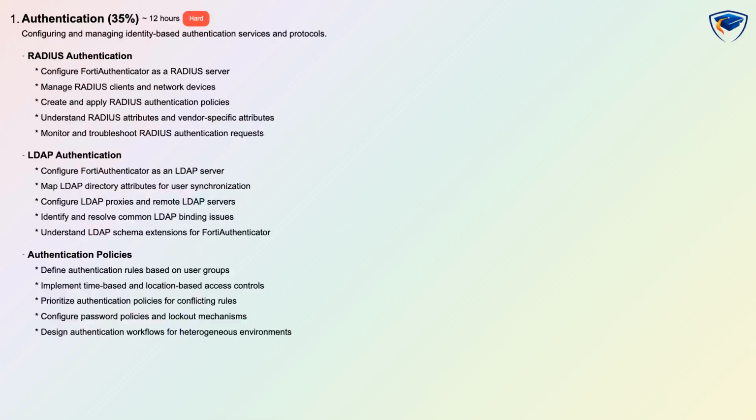and scenario-based assessment. You will learn to configure FortiAuthenticator as a Radius server, manage Radius clients and policies, and understand Radius attributes including vendor-specific attributes. You will also master LDAP setup and mapping for user synchronization, configure LDAP proxies and remote servers, and resolve common binding issues. Finally, you will design and prioritize authentication policies, implement time and location-based controls, and monitor and troubleshoot authentication